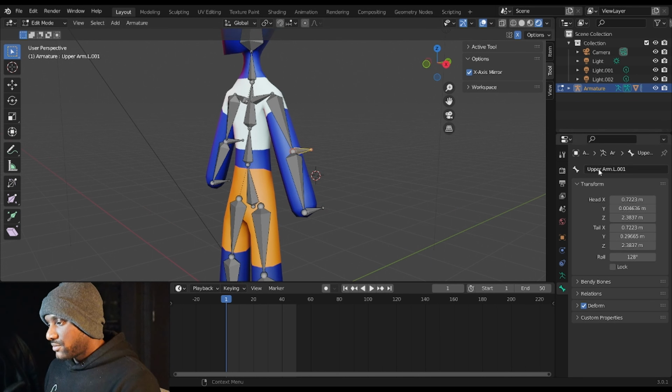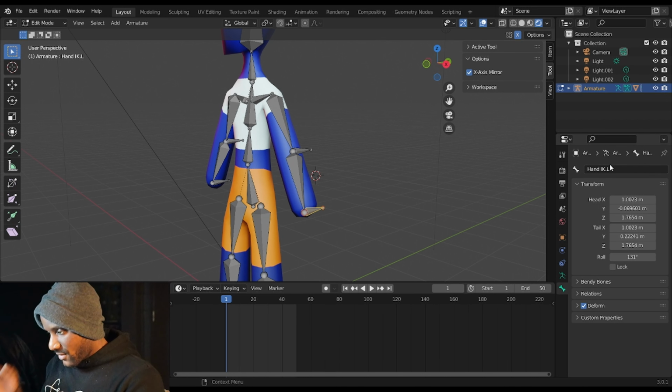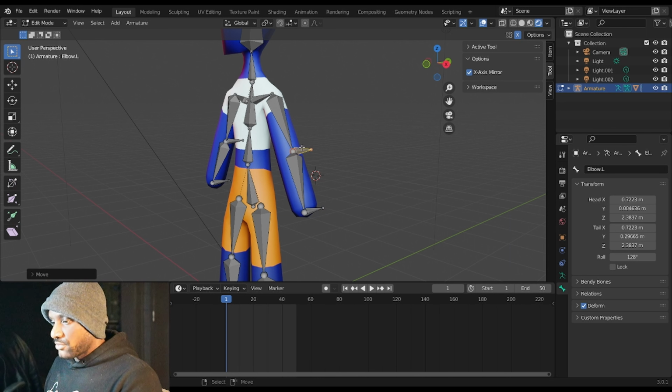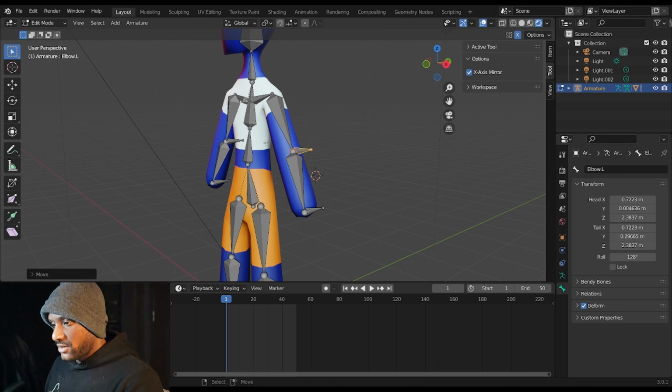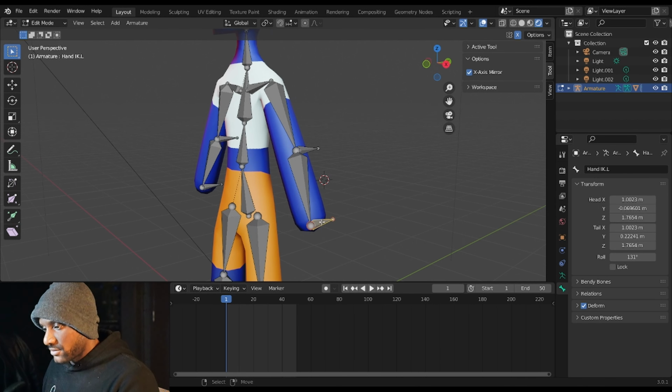For this bone, in our bone properties here, we're going to name this elbow.l, and then we're going to name this hand ik.l. And a trick we can do to make naming the other side a bit easier is we can just select this bone, hit Control C, and then select its corresponding bone on the right side. Select this here, hit Control V, and then just replace the L with an R, and there you go, done. Do the same thing with the hand IK. Control C,